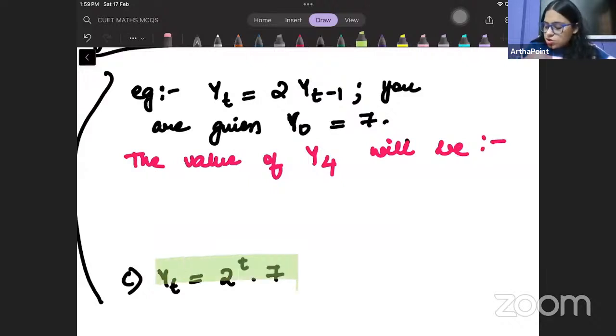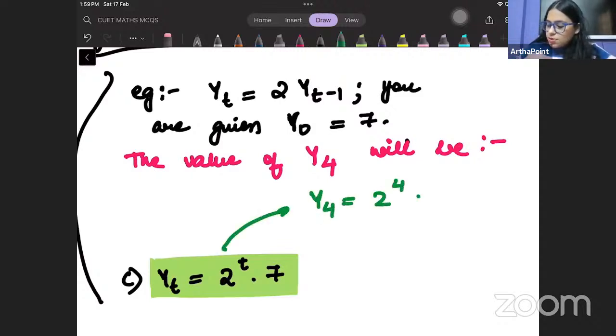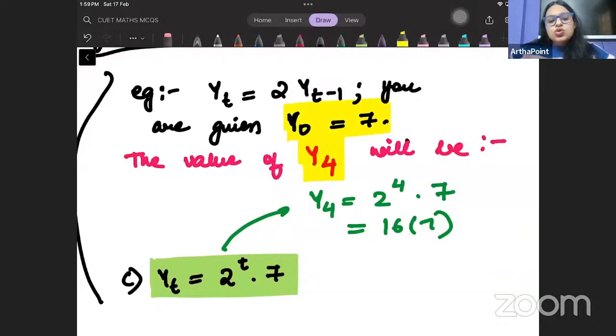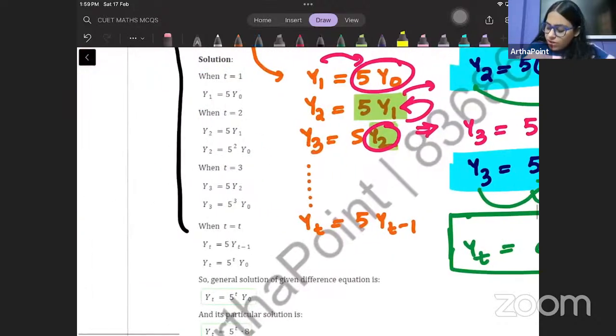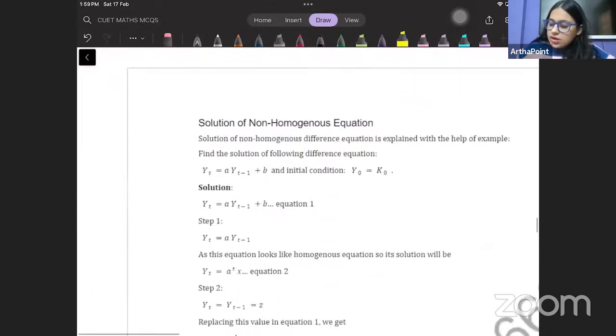So then you can just go ahead and plug it in this also clearly, isn't it? I know that the general solution is of this format, तो मैं यहाँ से plug in भी तो कर सकती हूँ. I can just go ahead and say कि okay, y4 will be 2 to the power 4 into 7 and just solve this, right? So 2 into 2, 4 into 4, 16 into 7, and you will get the answer. So try to see that not always they will be asking for a general solution. Sometimes they will ask you for a particular solution. मतलब वो आपको initial condition दे देंगे, एक time period दे देंगे, and they will ask you to solve that homogeneous system of equation. अब second point ये आता है, what if I have a non-homogeneous